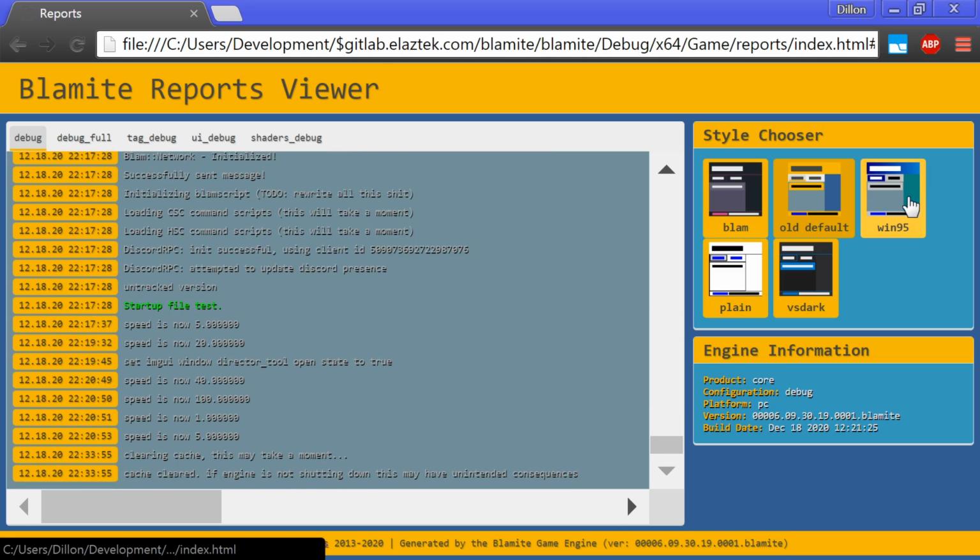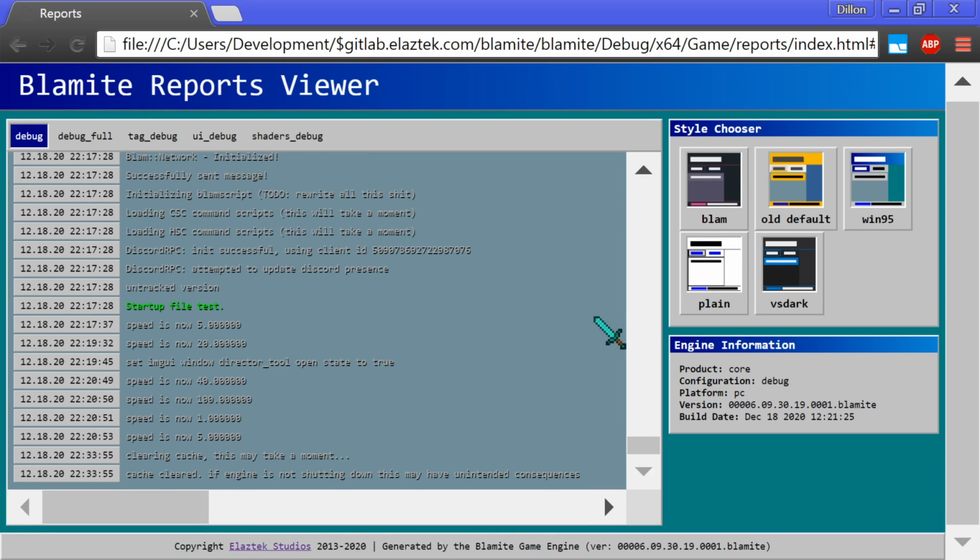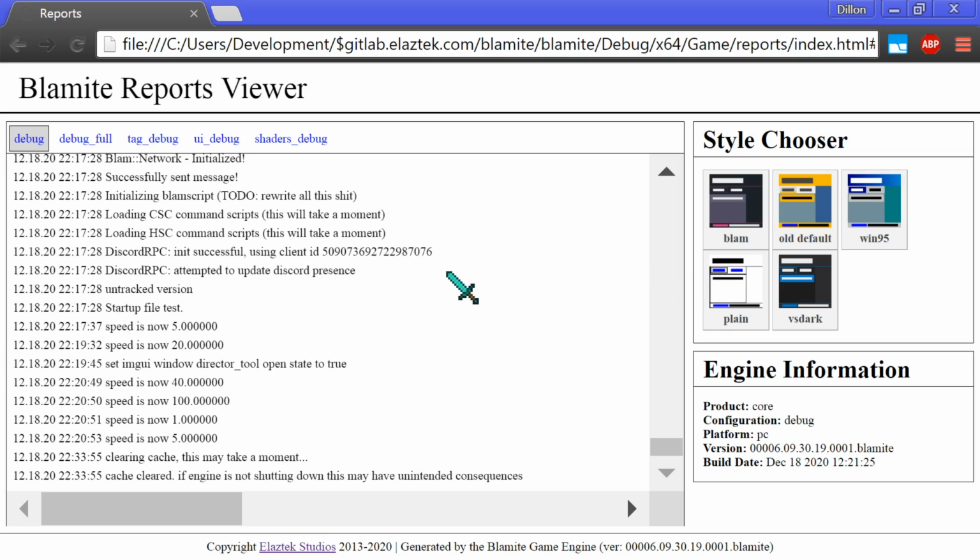Then I made some other themes. I was like, yeah, let's make one that looks like Windows 95. That looks cool. And you can see that the background color, if you remember, is the same color that is the clear color for everything. This is of course plain. This is basically designed for what the old school HTML logs look like, except they have